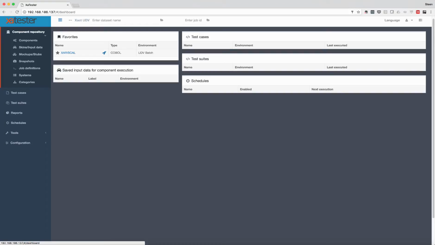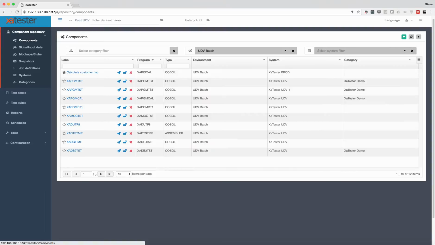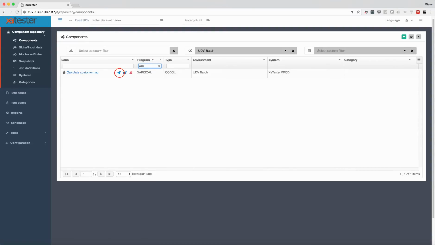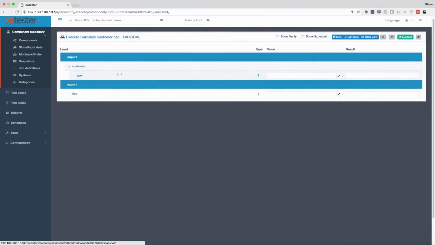Here you can see the XA Tester web client. Look to the left of the screen and you can see the different artifacts that are available in the repository. Now let's go to the component part of the repository and locate the XA Risk Health application that we want to test. Click the Execute button, and here we have a page where we can add input data and see